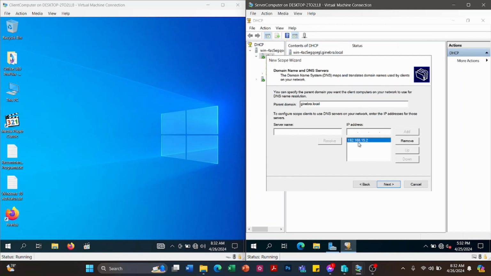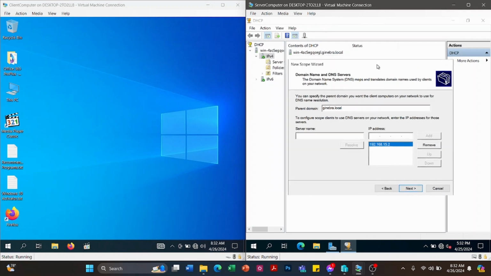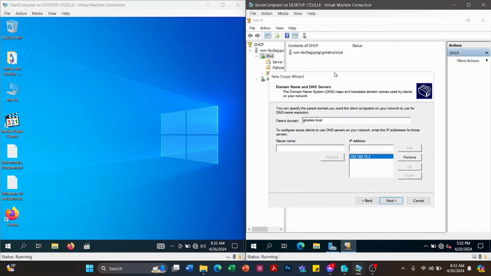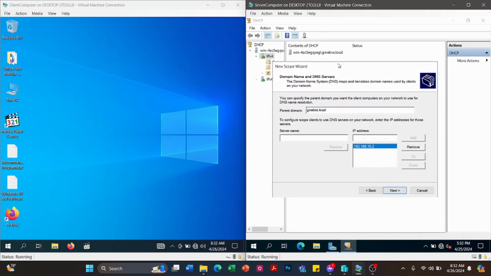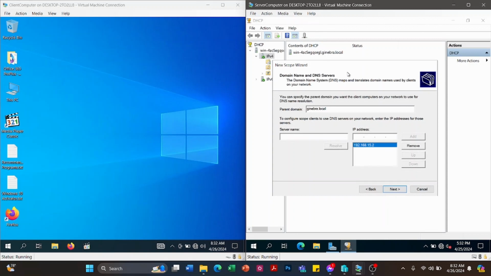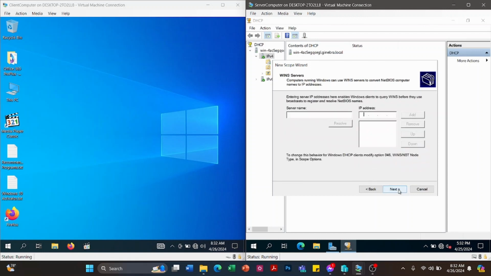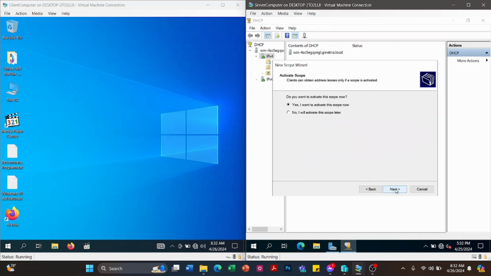So that the main host of the network will be the server computer's IP address. Just leave it like that, 192.168.15.2. This is the one that we manually entered as the network IP address of the server computer. So just click next. Then next again.